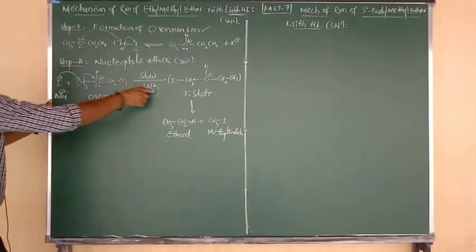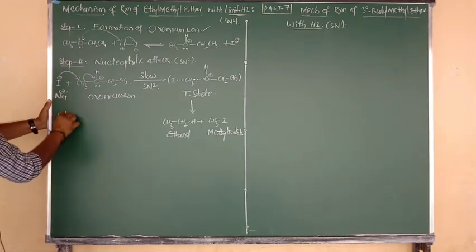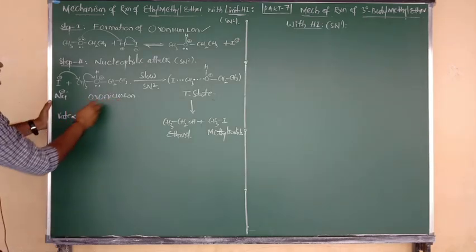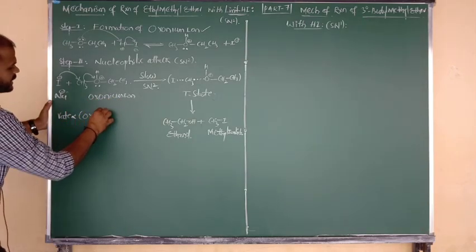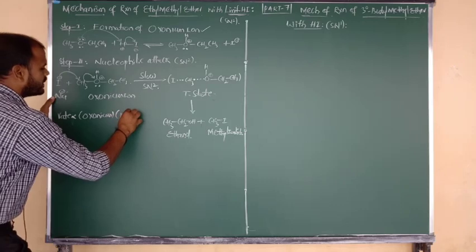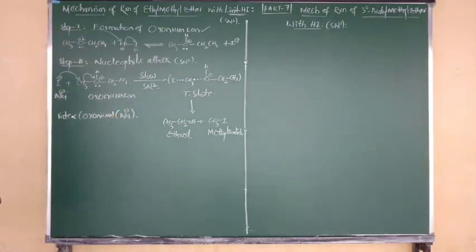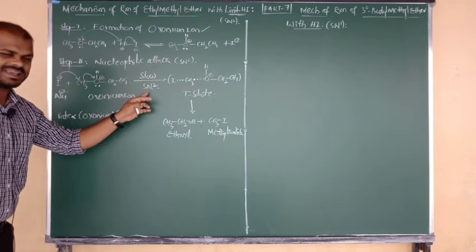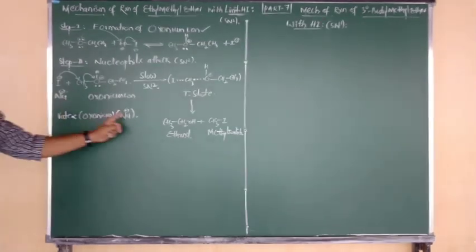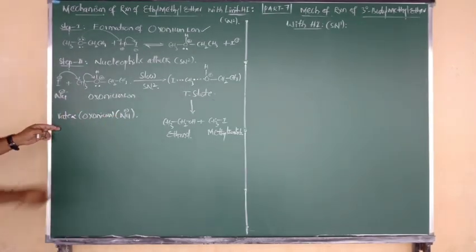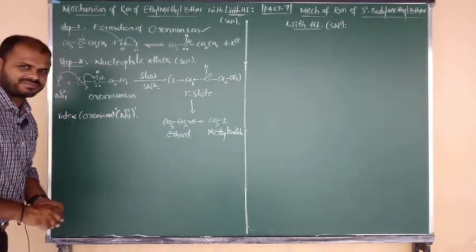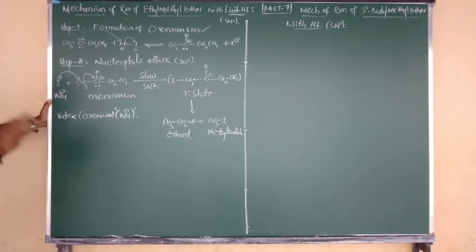And try to remember, it follows which mechanism? SN2, because in this reaction the rate depends on 2 molecules, because it is a bimolecular reaction. The rate is directly proportional to the concentration of the oxonium ion, and also directly proportional to the concentration of what, beta? The nucleophile. Like that we have to consider. So the slow step is the SN2 step. In that step, the rate depends upon 2 molecules, one the oxonium ion and one the nucleophile. That's why we say each has power 1, the sum of powers equals the order, so this is a second order reaction. Understood? Good.